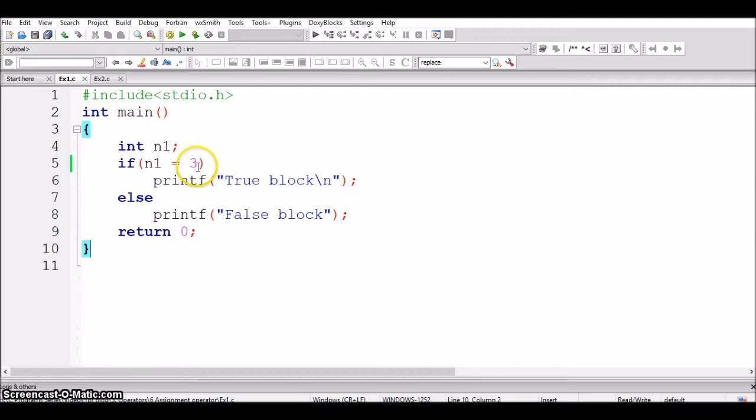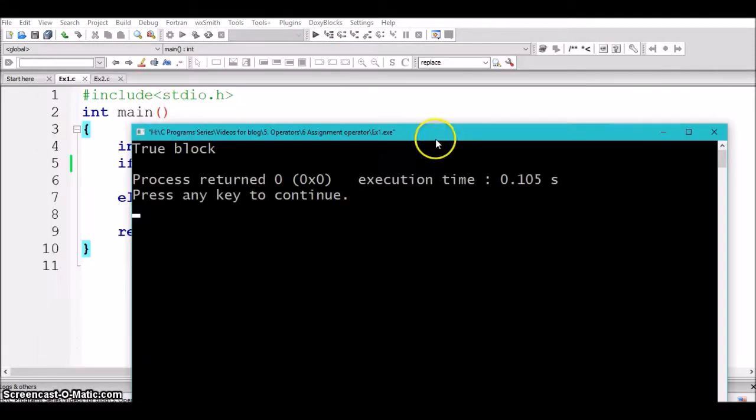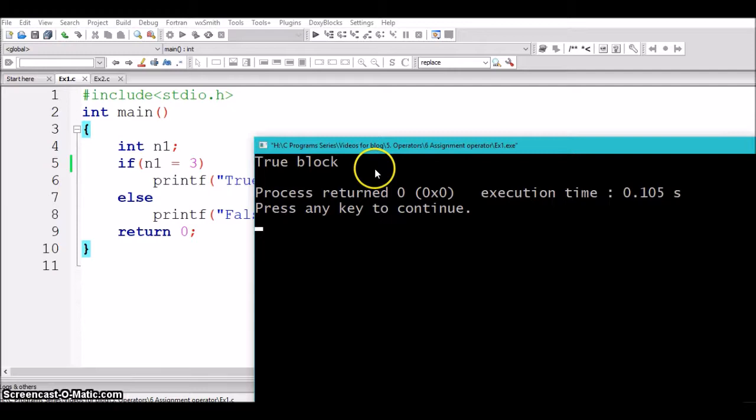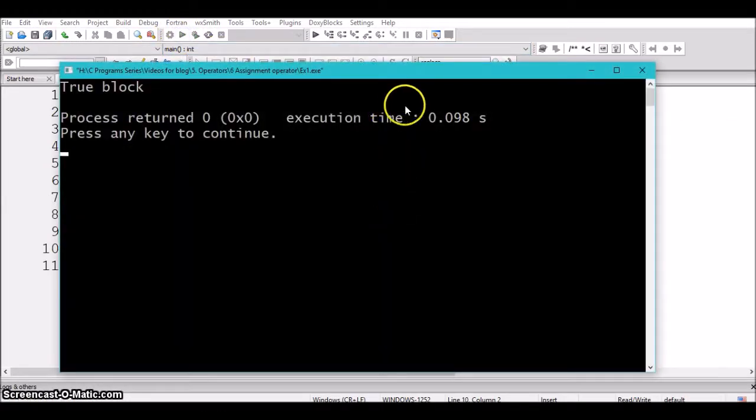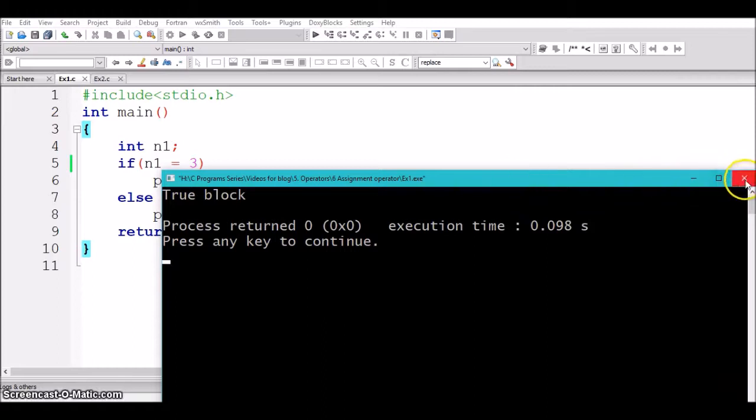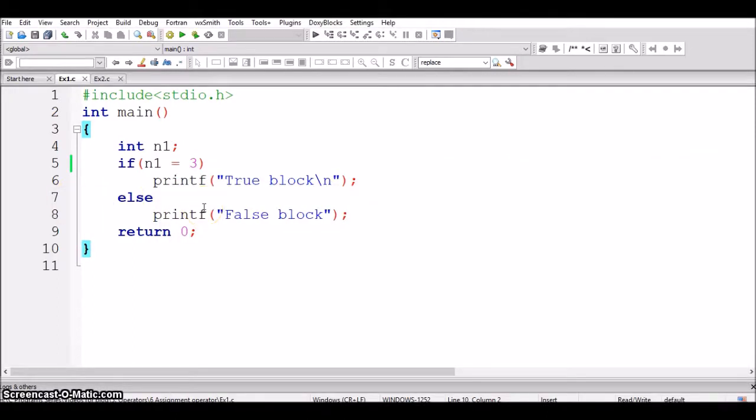Let me execute this. It is printing true block. Let's execute it again. Again it is showing true block only. So what exactly is happening here is n1 is assigned with the value 3, which means 3 is a non-zero number.